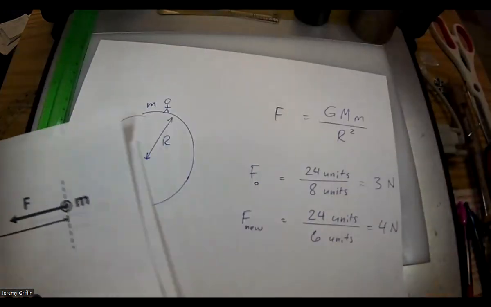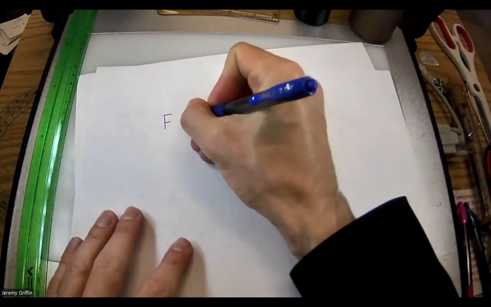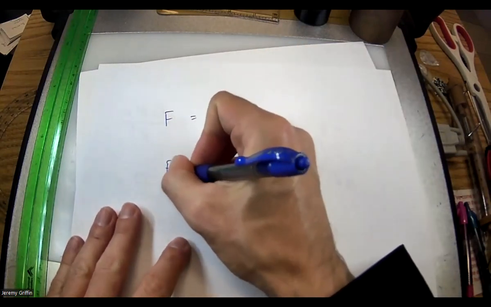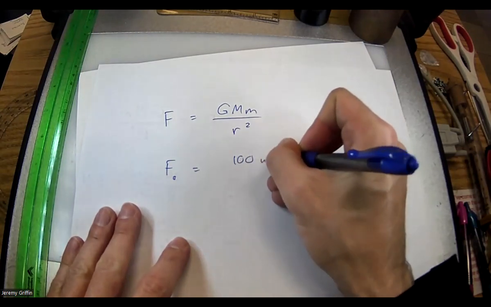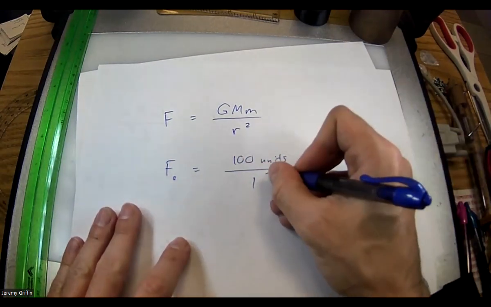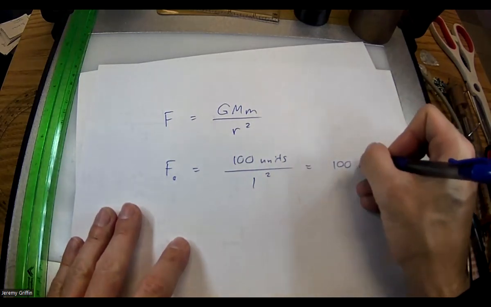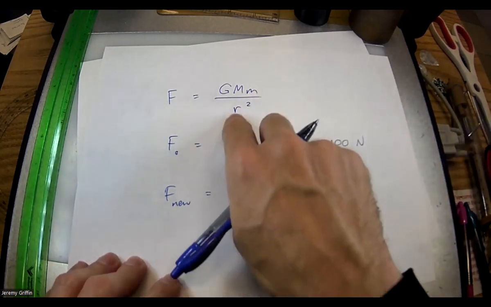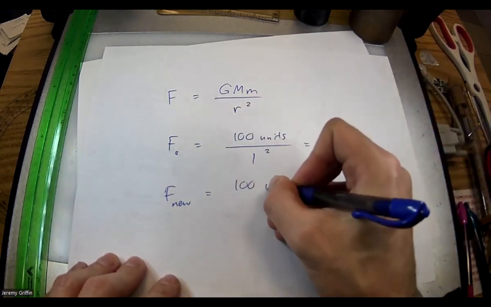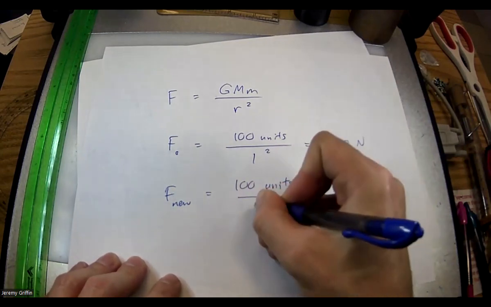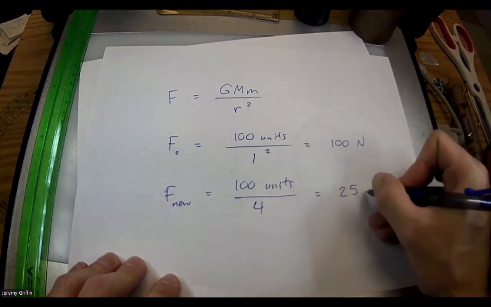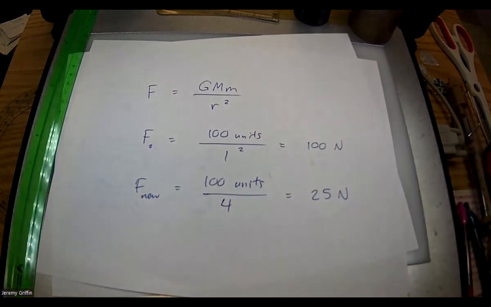Right, so we got force equals G M M over r squared. Suppose that was 100 units divided by 1 square meter, so they come out to 100 newtons. And now we're going to take this r and double it. So a factor of 2 squared is 4. So 2 squared is 4. Okay, so now we're down to 25, just like that.